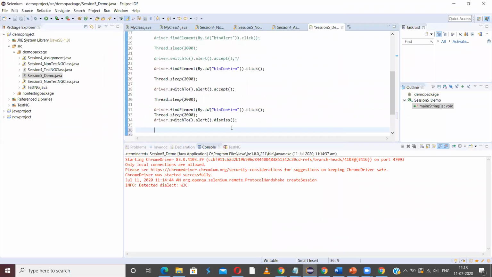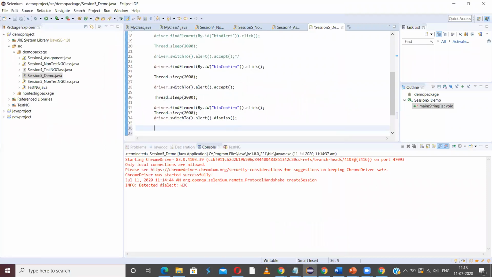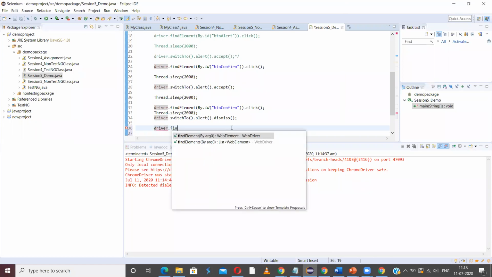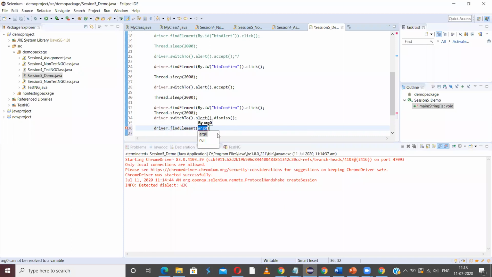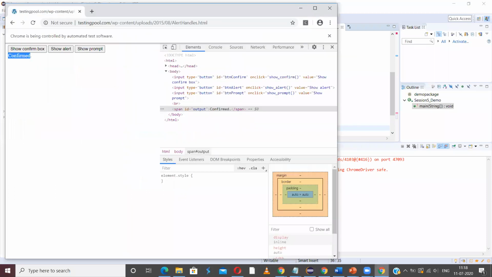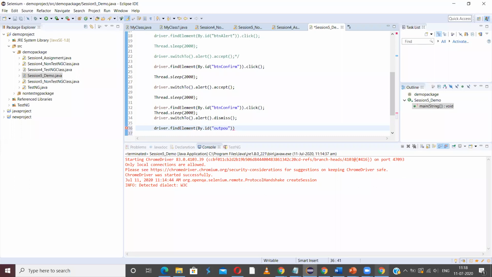So driver dot, that also is an element, so find element, and by ID of that element is output, right? Just output with a small o. Okay, driver dot find element output.